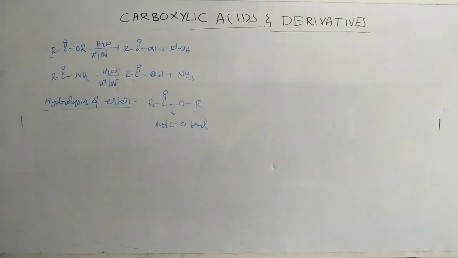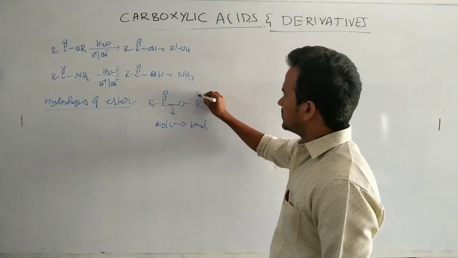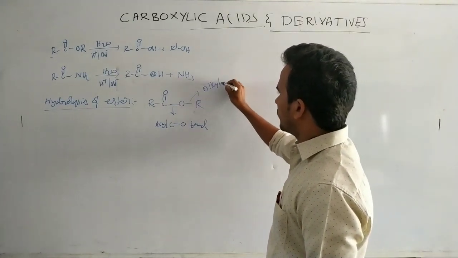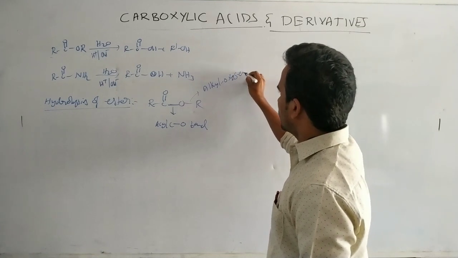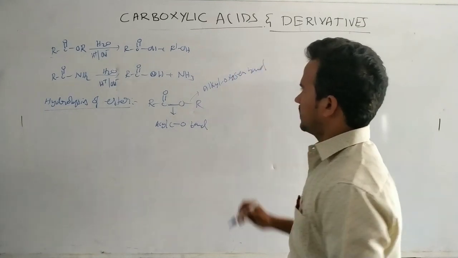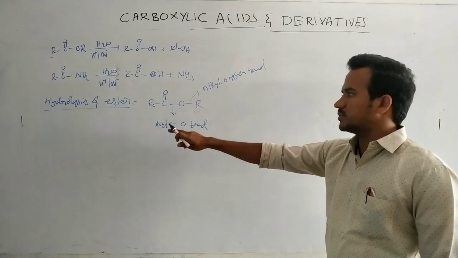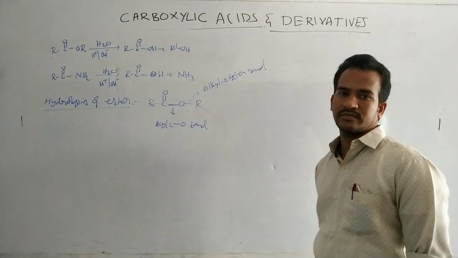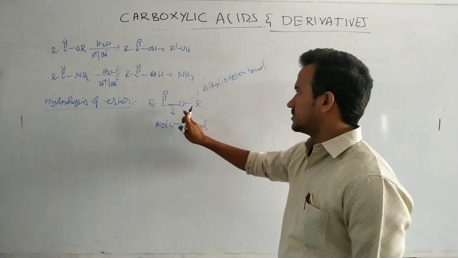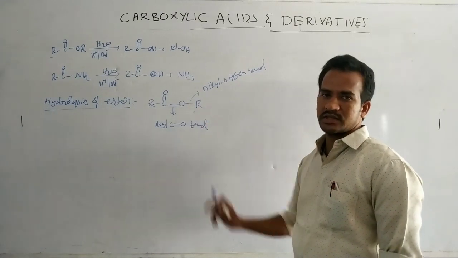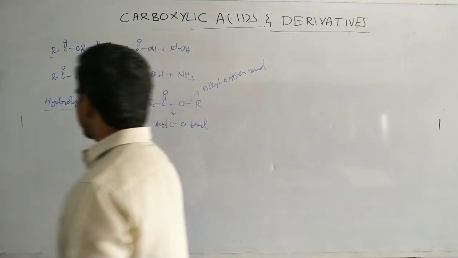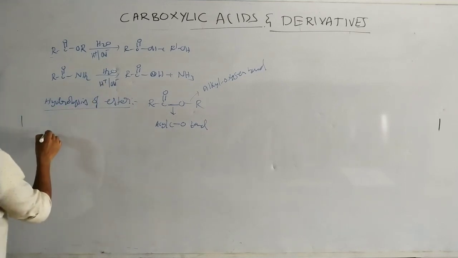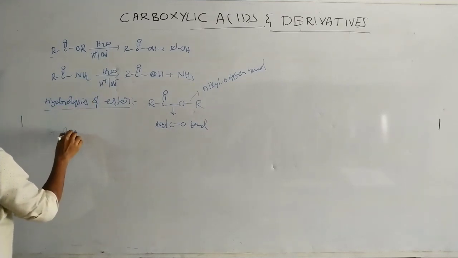That is known as the acyl carbon oxygen bond. And this one is the alkyl oxygen bond. This bond is the alkyl oxygen bond. This bond is the acyl oxygen bond. So first of all, in acid medium,